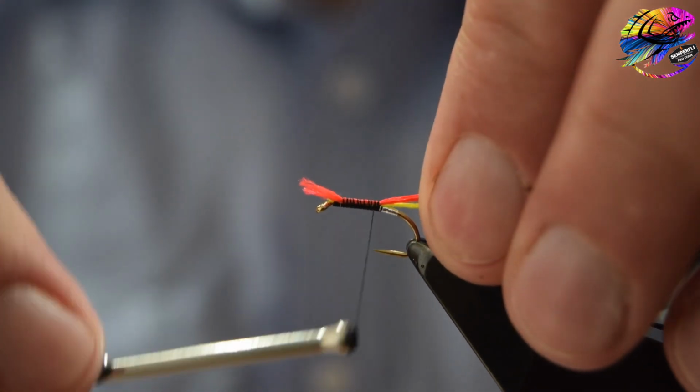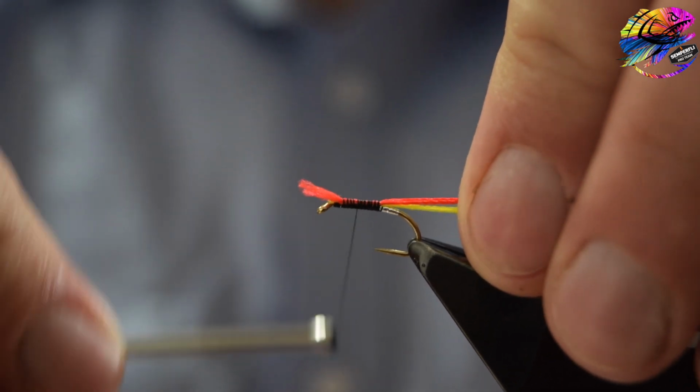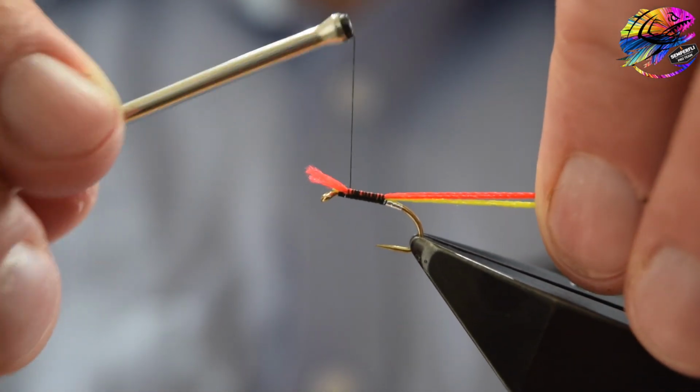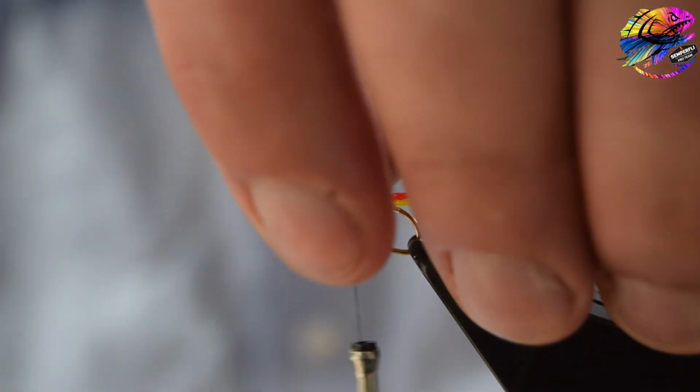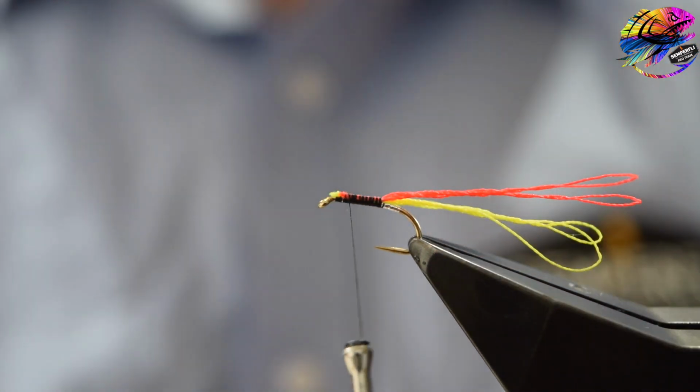The tying thread I'm using is Semperfli's Nano Silk in 18 knot, which hardly builds up any bulk as you're winding thread on, which means I don't have to be too careful about how many times I run the thread up and down the body. Trim off the waste of the red floss,